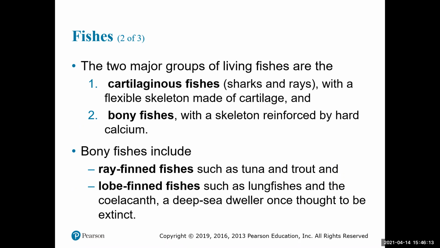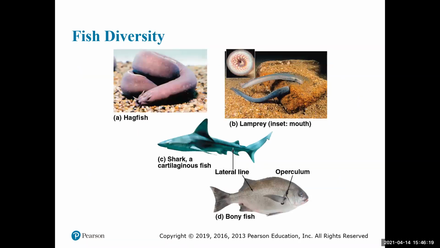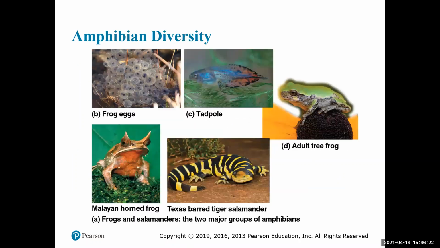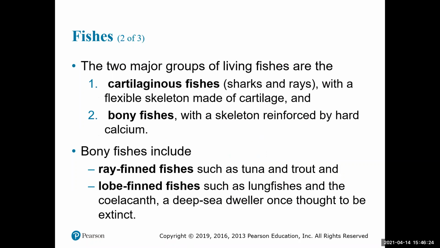Lobe fin fishes have a fin that is actually kind of rounded and has a lobe-like structure to it. We don't think, we have very good evidence that lobe fin fishes are the precursors to terrestrial organisms. Lobe-fin fishes actually have a somewhat larger pectoral girdle, and they could put weight on their lobe fins, and they could use them to kind of walk across